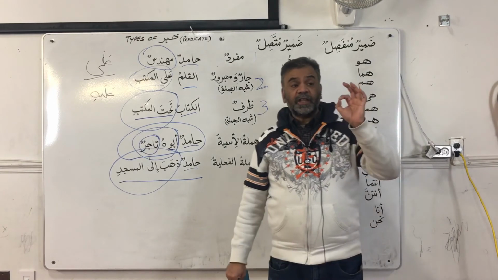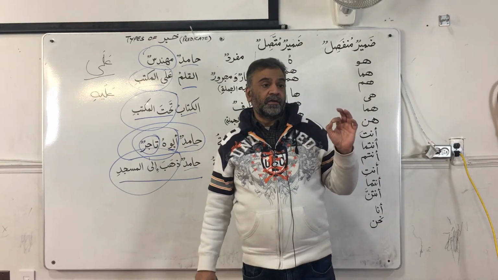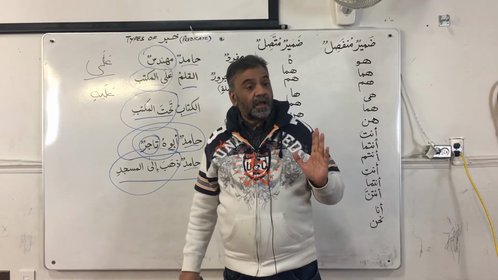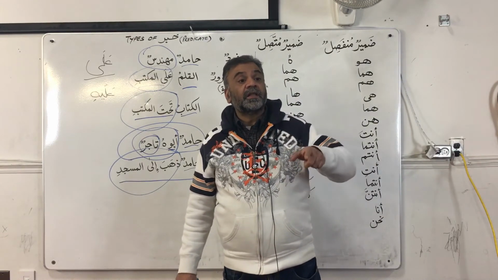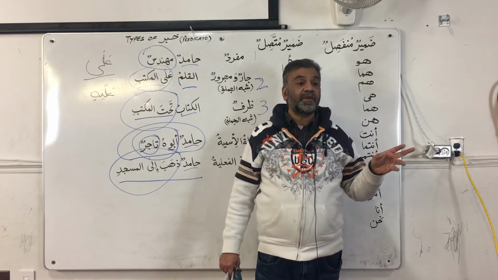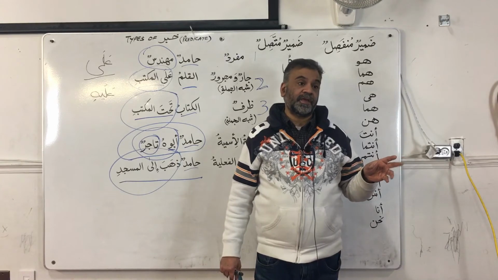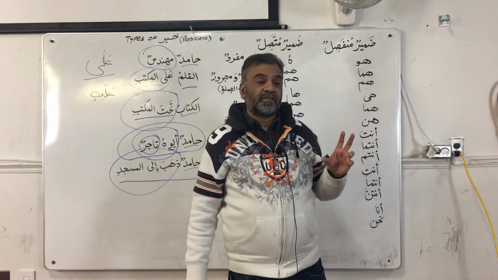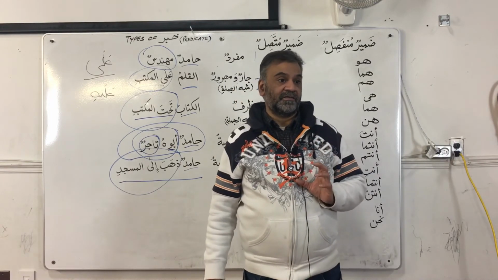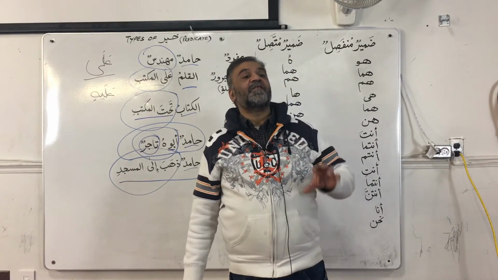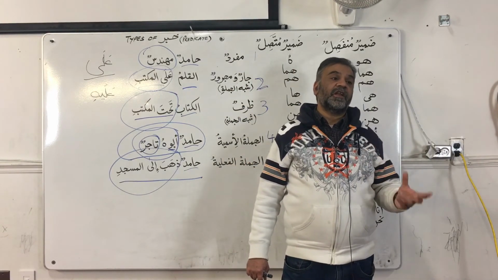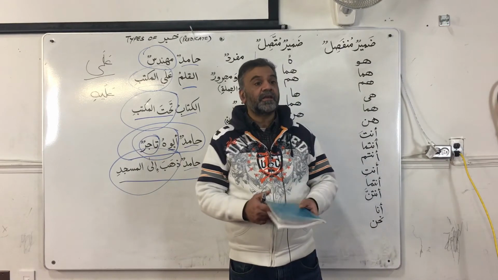Now, second thing that we learned, whenever jarun wa majrurun or zarf mudaf alayh come as a khabar muqaddam, the mubtada will be most of the time indefinite. We know that in a nominal sentence, when mubtada is coming first, it is definite, but in this case, when the mubtada is coming after the khabar, then it will be indefinite, right?